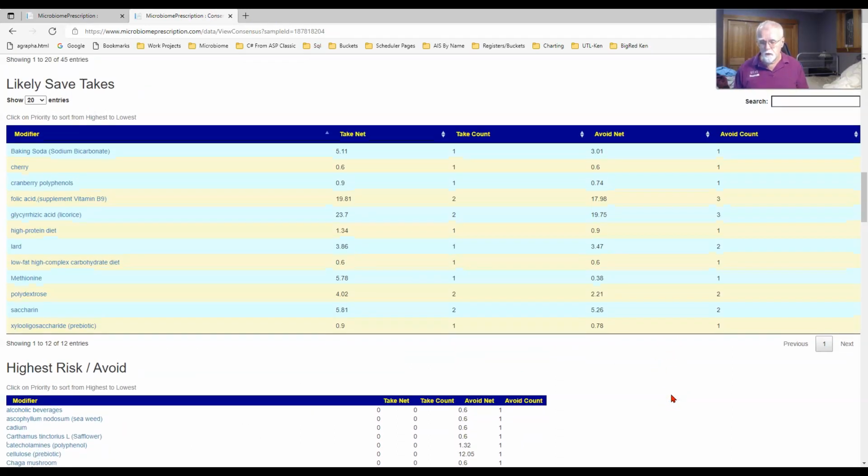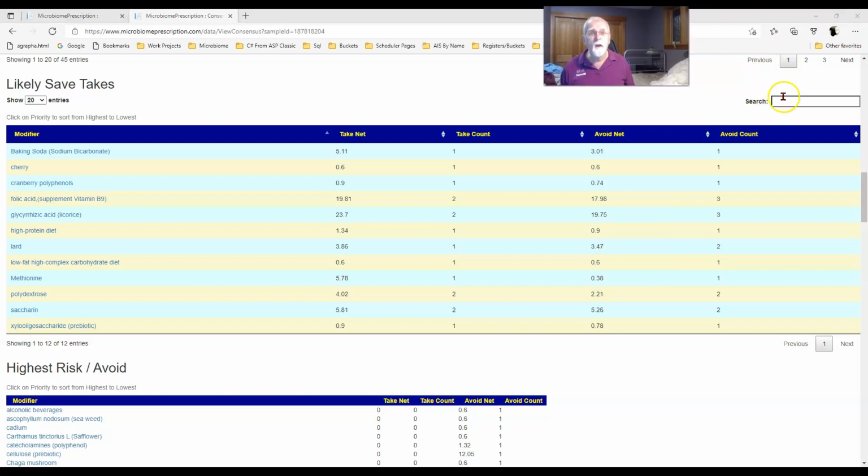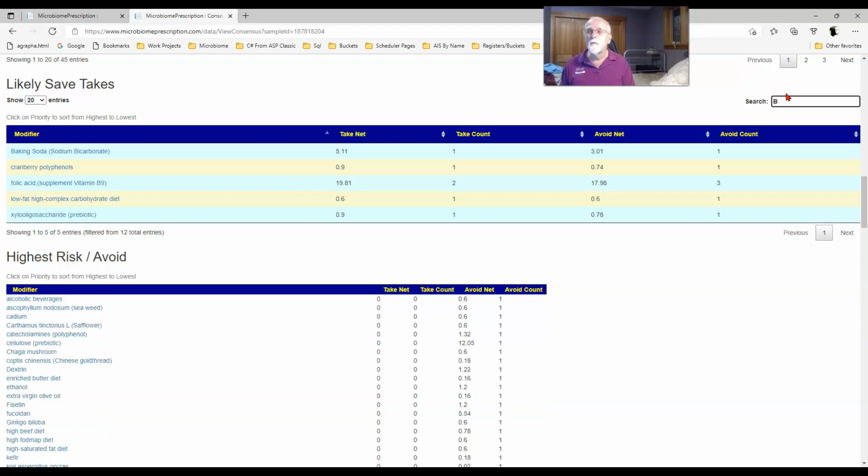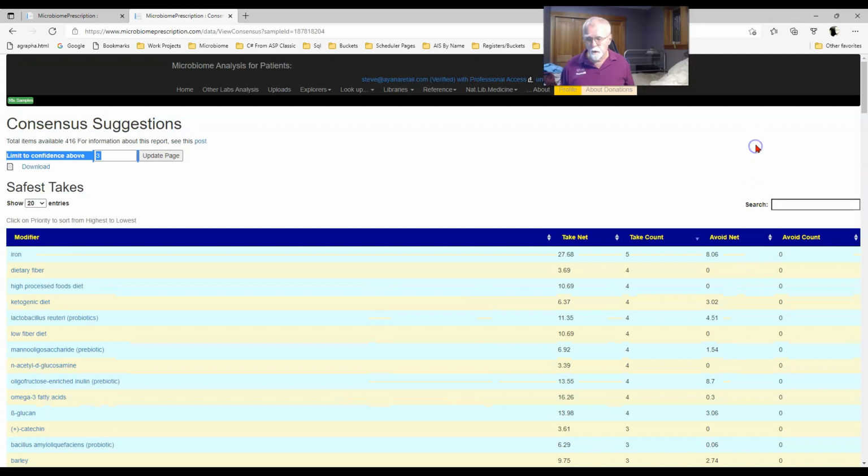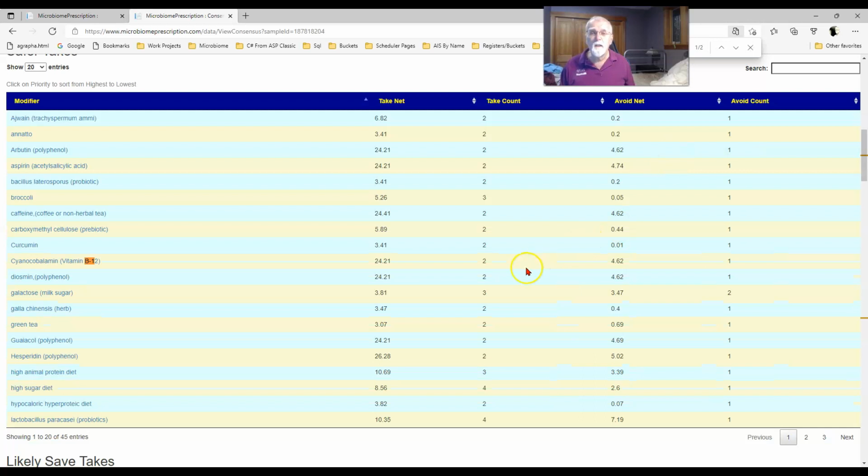Let's go back here and let's look for B12. A moment to move this aside so you can see. I want to switch the whole page. B12. There it is. And you can see it has an estimated net benefit that is pretty high, a little bit of negative, but it's not. So it's very high there.